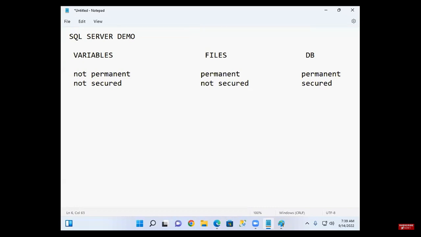So you should not access my account, and I should not access your account. Yes or no? So security is most important in what? Banking, the financial domain. So compulsory they go for databases. They want to provide permanent storage and they want to provide security to the customer data.